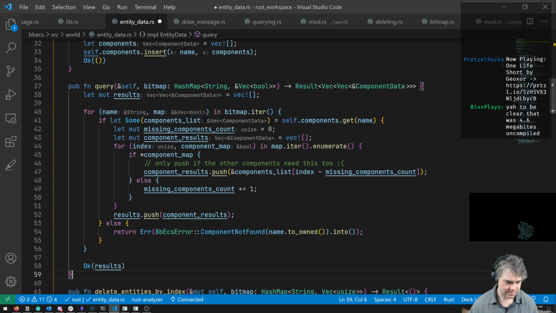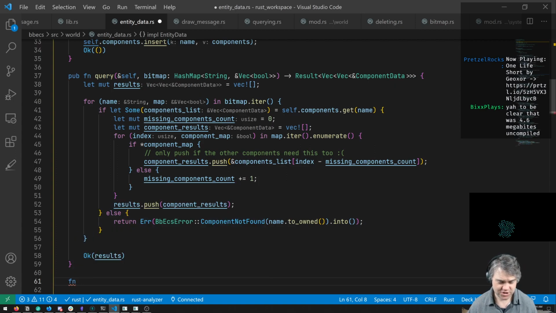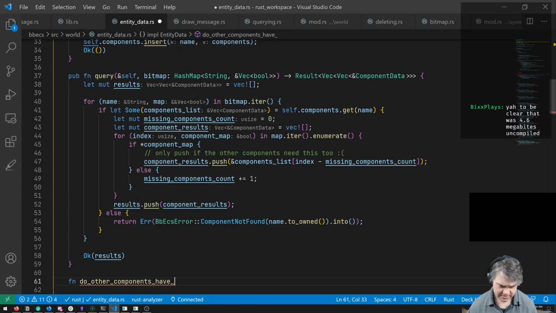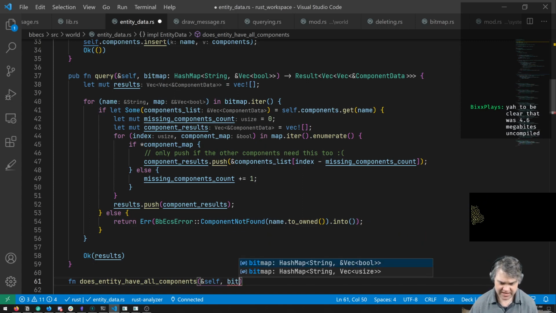What if I have a private function, do other components have, does entity have all components? So if I do something like this, we're going to have a self, maybe we could have that bitmap.